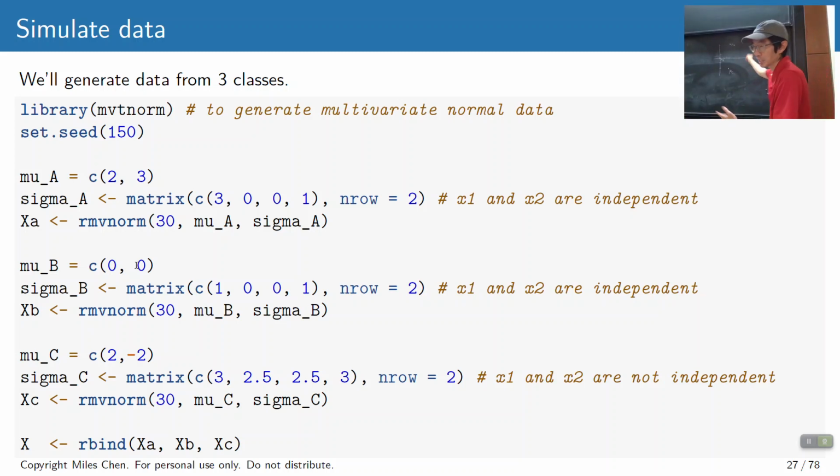Oh God, you can't see it on the little video here. And then you have a matrix 3, 0, 0, 3, 0, 0, 1. So for A, the sigma matrix for A is this. The sigma matrix for B is going to be, I think, the identity, and here the sigma matrix for C is